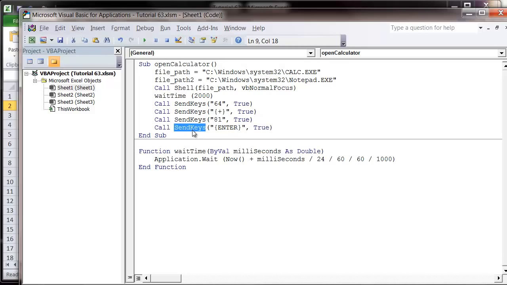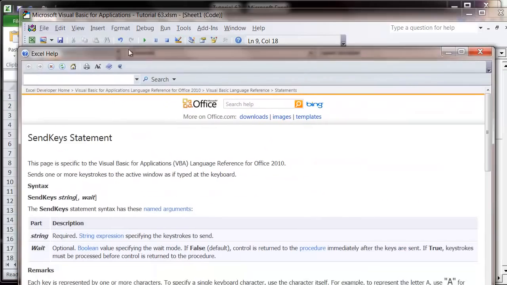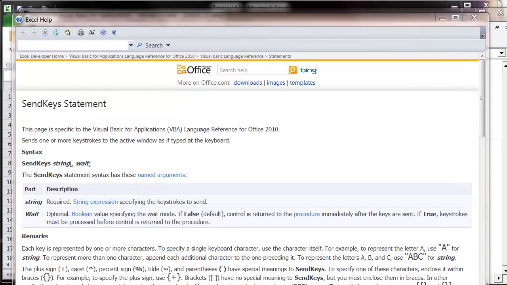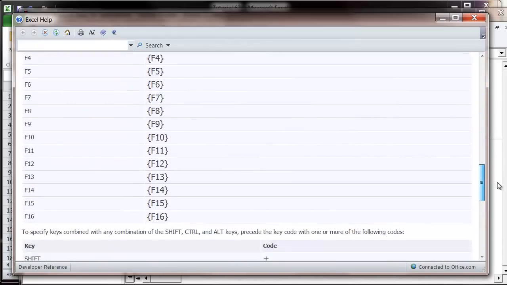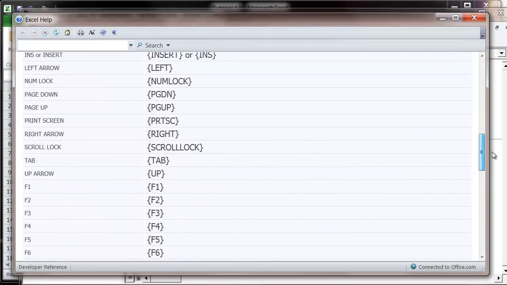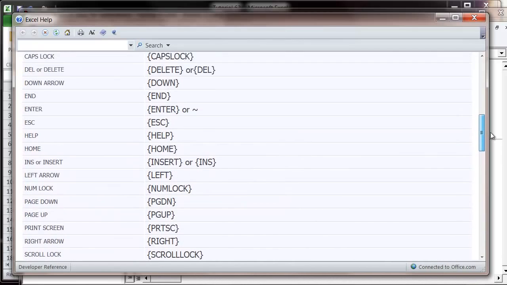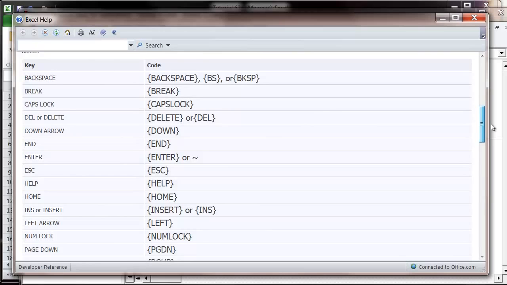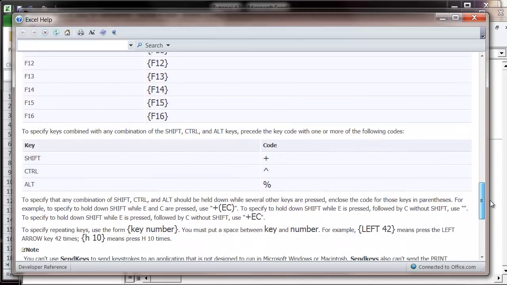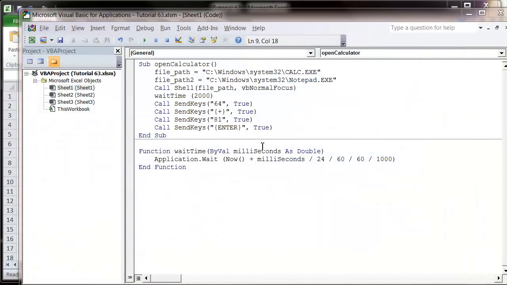If you go onto your Sendkeys and press Shift F1, then it'll bring up your help document, and on here we have a list of all of the different things that you need to use curly braces for. So you've got function keys, scroll lock, right arrow, up arrow, num lock, help, home, enter, end, down, delete, basically everything that is not a letter or a number. And you've also got the ability at the bottom to use shift and something else. So if you want to press, say, Control and S to save a document, you'd use this little up sign and then an S. So we're using the enter, so when we press play,